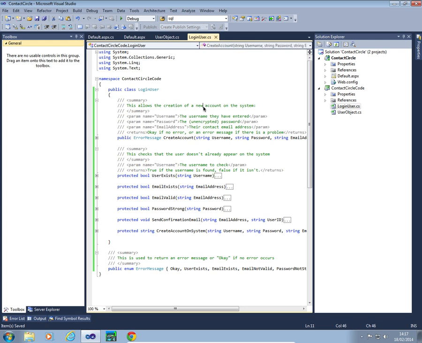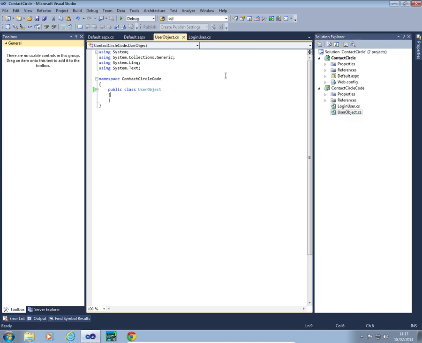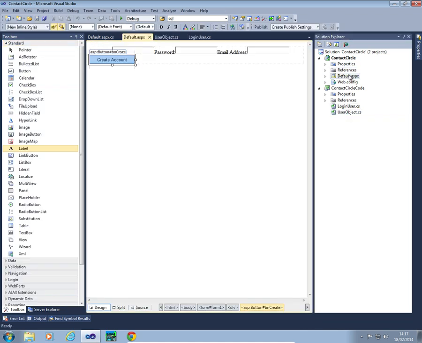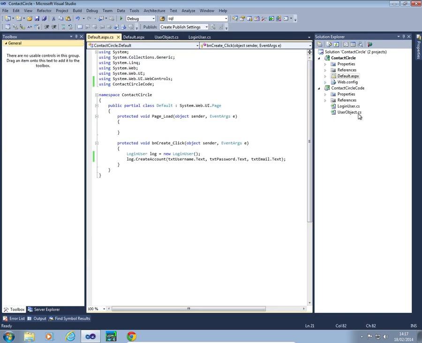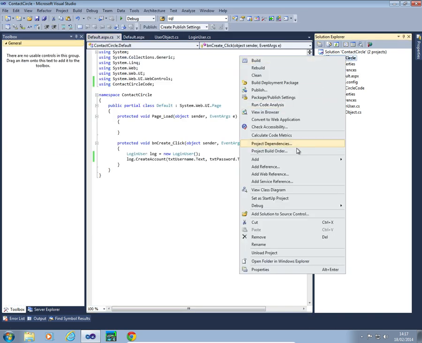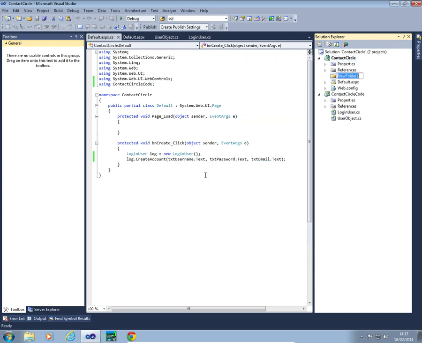Okay, we've got our login user control, got our error message, we've got a blank user object control at the moment, and we've got a default page we just used to make sure that the create account actually worked. So what we're going to do now is add some things to our actual website. I'm going to start with a folder. Our folder is going to be called Style, and then I'm going to add